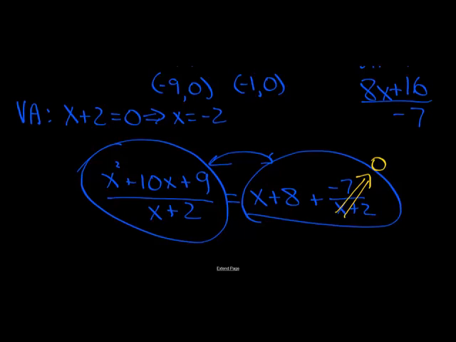Okay. So poor little -7, it's just dividing by bigger and bigger numbers. It's going to 0. So really, as x goes to infinity, all that matters is this thing, x plus 8, plus this little dust in the scales over here. So we say that y equals x plus 8. That's our slant asymptote. We don't put the remainder in there because that remainder is just going to go away. And we're looking for what happens for these large